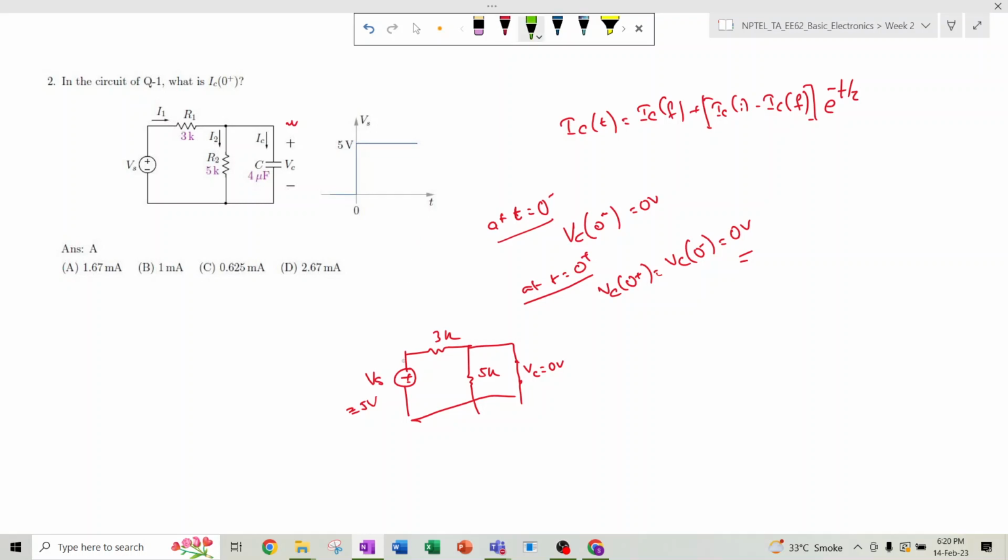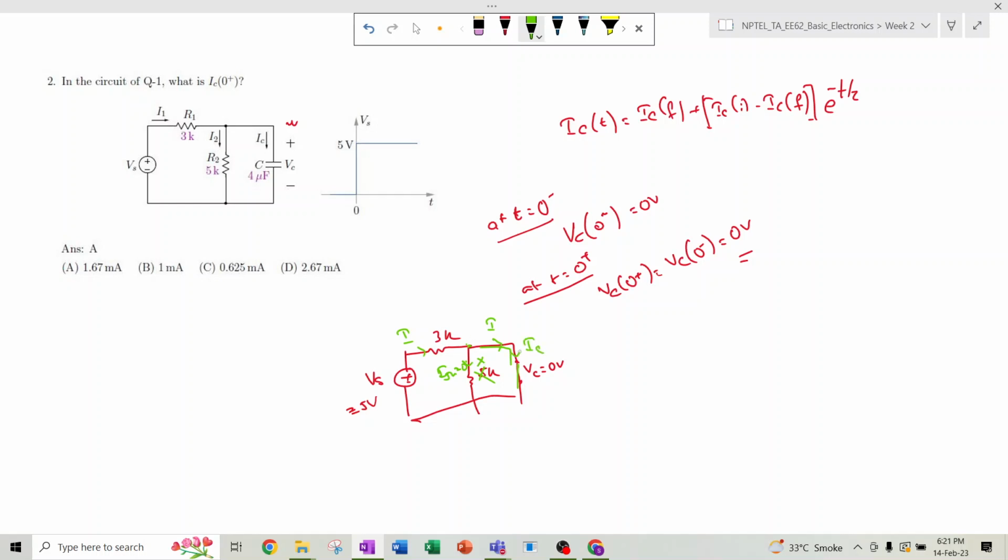So now what happened? In this circuit, if some current flows from this point, it can see a short circuit part. Here it is 0 volt, that means a short circuit part, and here it has 5 kilo ohm resistance. So the entire current will flow through this path. The current I which flows from here will flow from here, and in the resistance there should not be any flow of current. That means I through this 5k is equal to 0. So this 5k will not be considered during the calculation. So the entire current flows through this part.